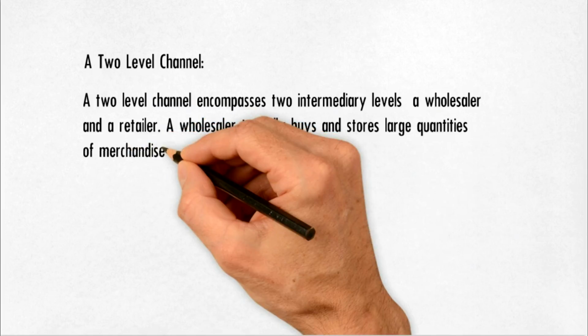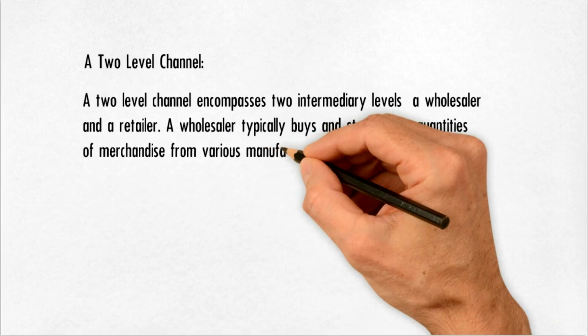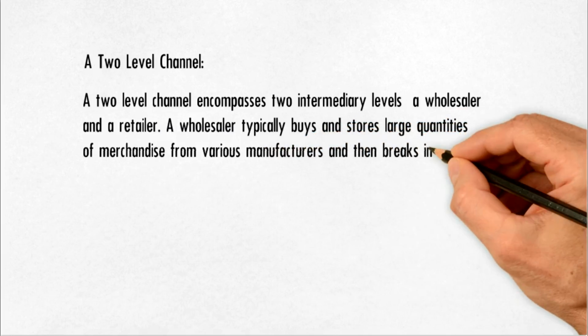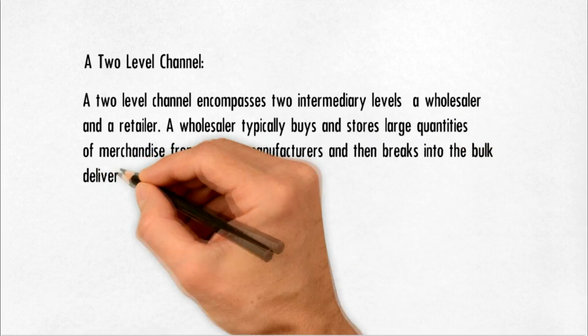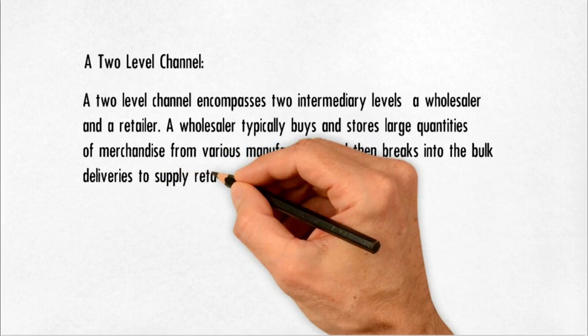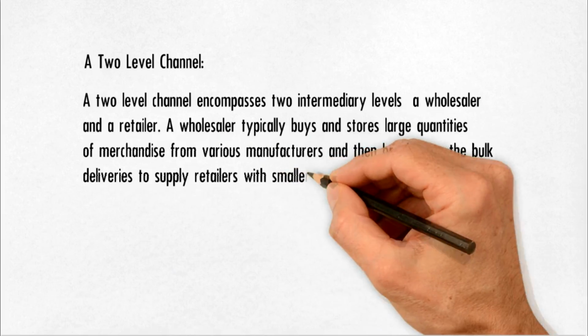This arrangement tends to work best where the retail channel is fragmented, that is, not dominated by a small number of large dominant retailers who have an incentive to cut out the wholesaler. Distribution of drugs and pharmaceuticals in Europe and the United Kingdom is a typical example of such an arrangement.